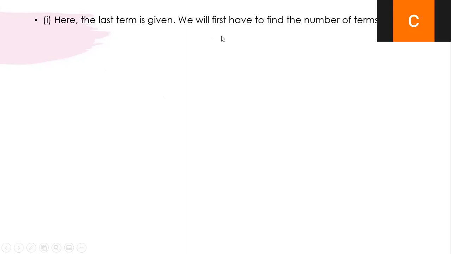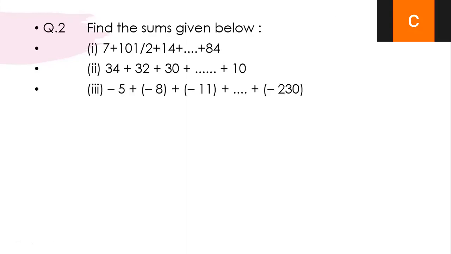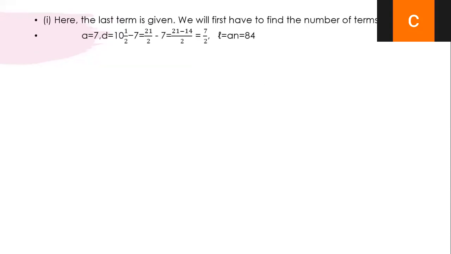The last term they gave. See the question: a value they gave, and d value is second term minus first term, if you subtract, we'll get the d value. And the last term, the an value, they gave. Am I clear, children? So a, d and an they gave. We'll apply this in the formula and find out the value. Yes, ma'am.